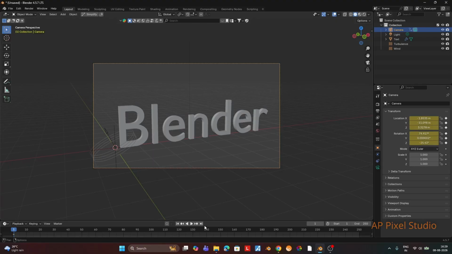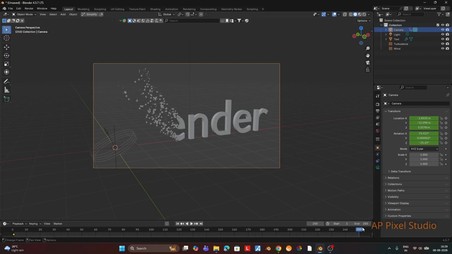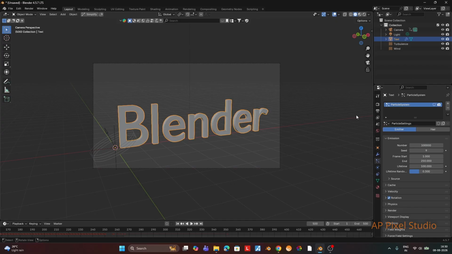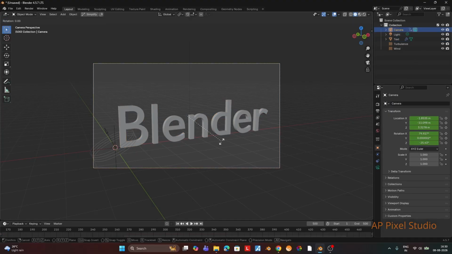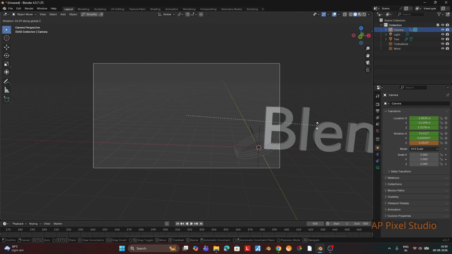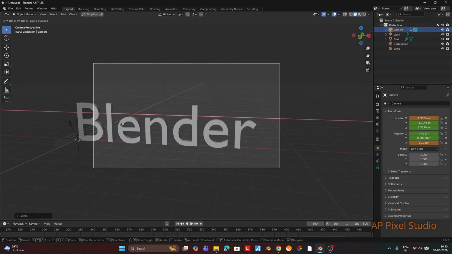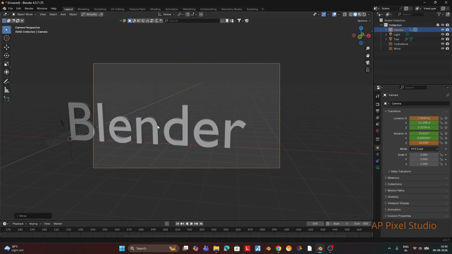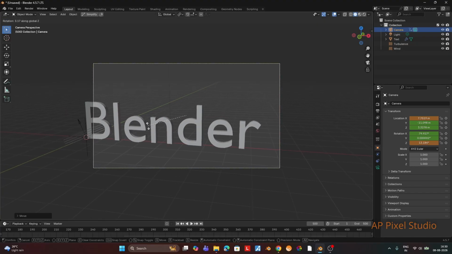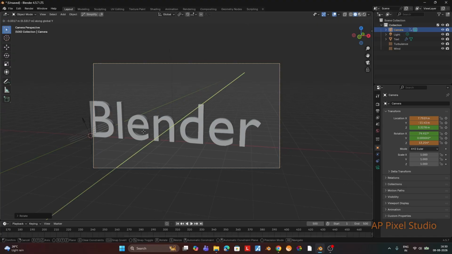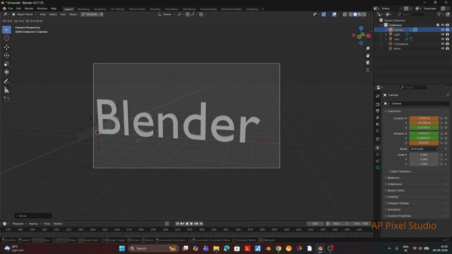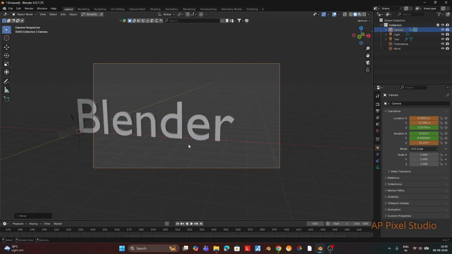Then we will add a location and rotation keyframe at 0, and we will increase the end frame to 500, because our animation was happening only till 250, so we will have more total frames. Now we will go to the last frame and we will move the camera accordingly. Mainly the end letter R should be focused at the ending frame, because the B and L particles were already gone by the time it reaches the R. So that's how we will position the camera, and we will add the location and rotation keyframe.